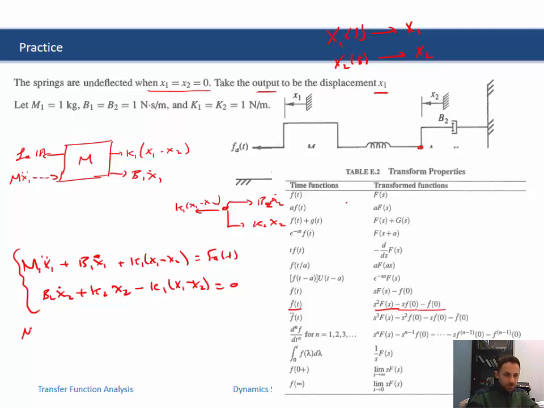So m1 s squared X1, it is X1 of s but we will be writing it from now on as X1 only, minus s x1 of 0, minus x1 0 dot, plus the Laplace of x1 dot, which is s F of s minus f0, plus